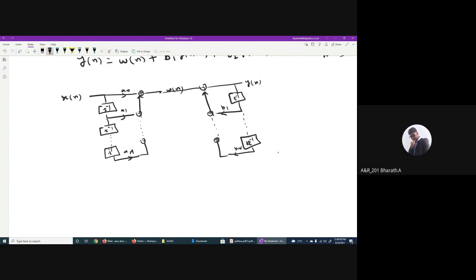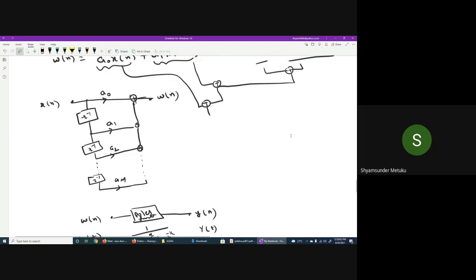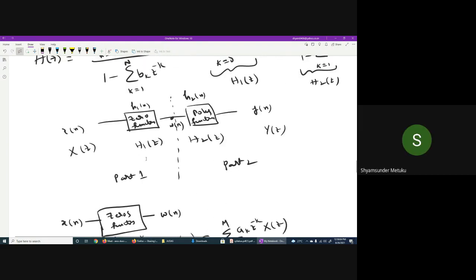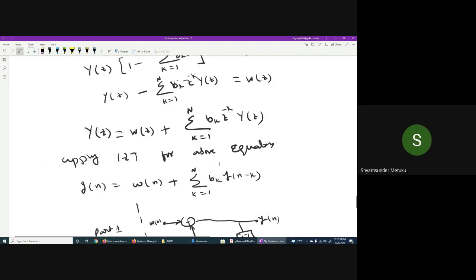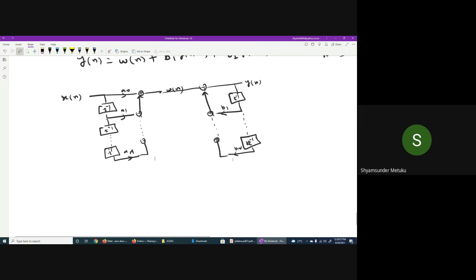Why is it the direct opposite of part 1, sir? Because your structure is that only, no? The zeros function is cascaded with the poles function. We are trying to split the output and input of an LTI system into two different blocks. The first one is called the zeros function, the second is the poles function. So that is the reason we individually find the structure for the implementation. Correct? Okay, sir. So I hope this is the final structure implementation.